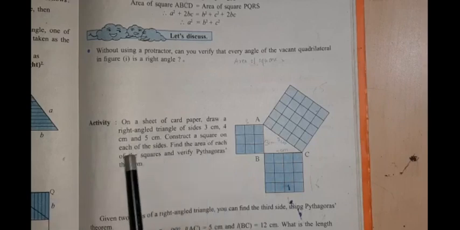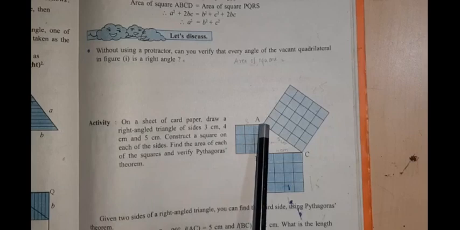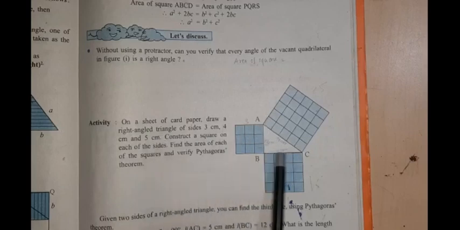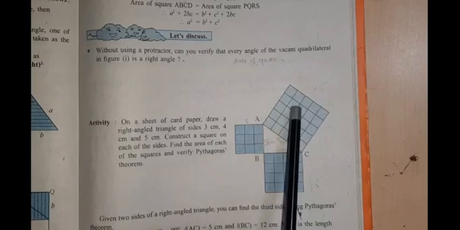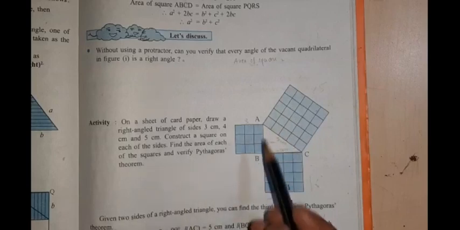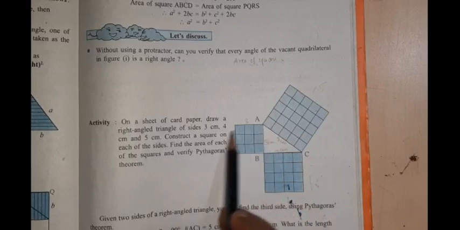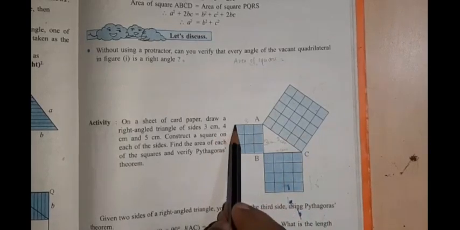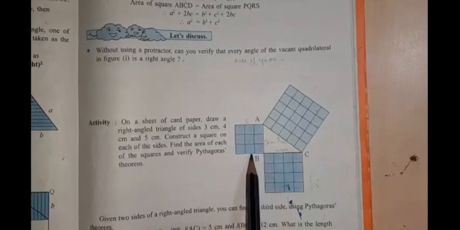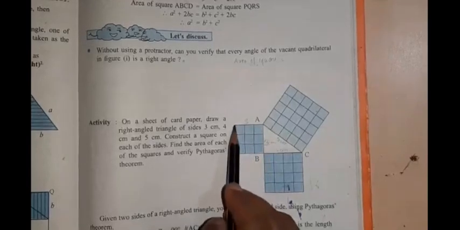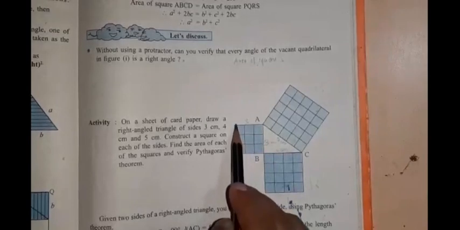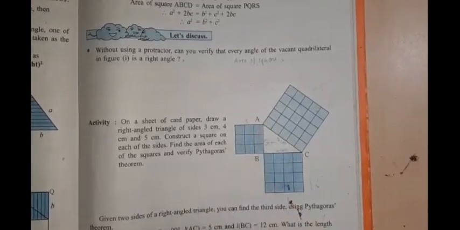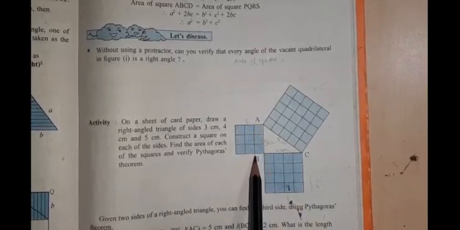Construct a square on each of the sides. Now first you will construct a triangle. After that you will construct a square on each side. Means now from A you will measure a distance of 3 centimeters. Yes. From B you will measure a distance of 3 centimeters with a scale. And then you will join this 3 with this 3. Okay, and then you will get a square, and this inner marking is of 1 centimeter, 2 centimeters and 3.